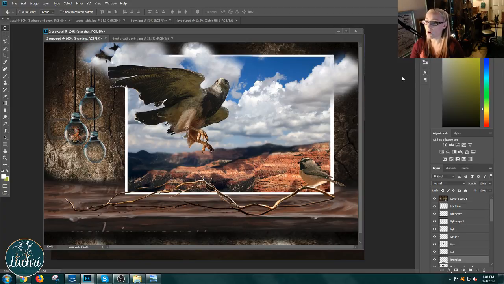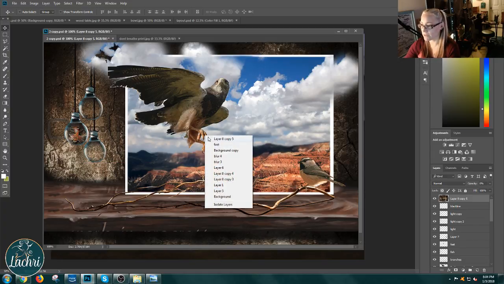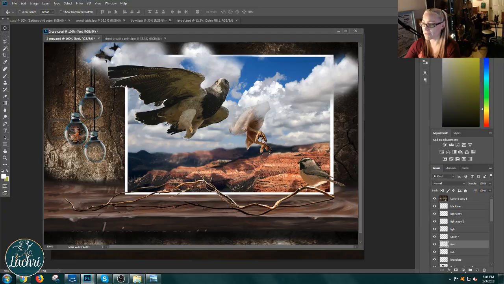But I had to find photos of a hawk's feet on another photo, and then I Photoshopped it in just so that I could see what that would, oh, that's not the right one. Let's see if I can grab his feet. There's his feet. See how they're not even the same thing. I had to make that adjustment in order to see what that would look like for the painting. So Photoshop is so helpful for,